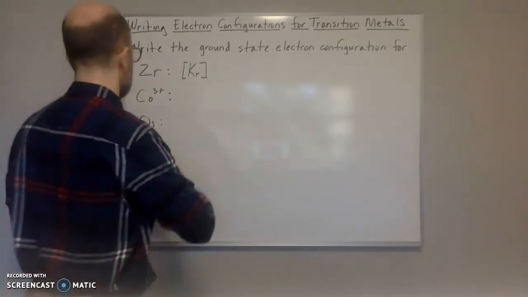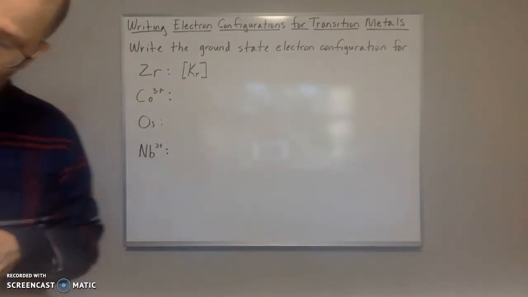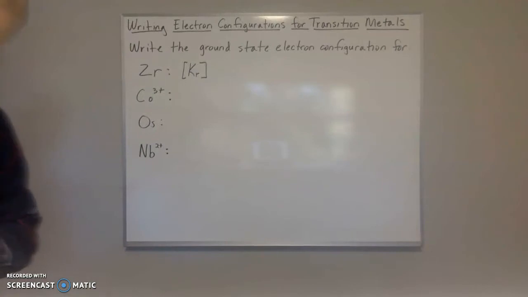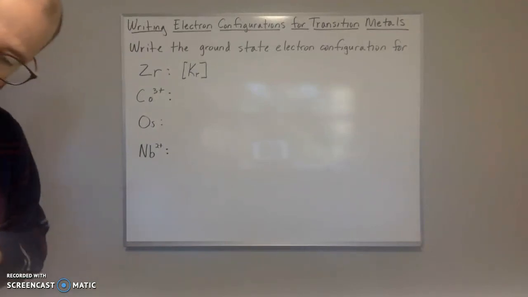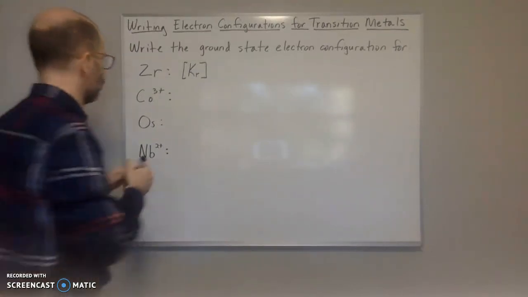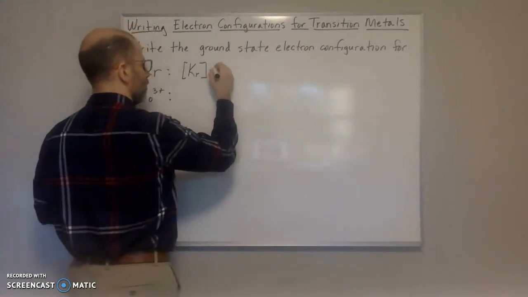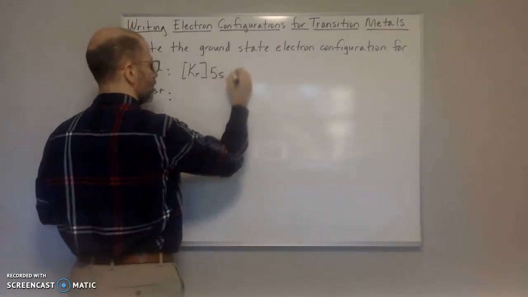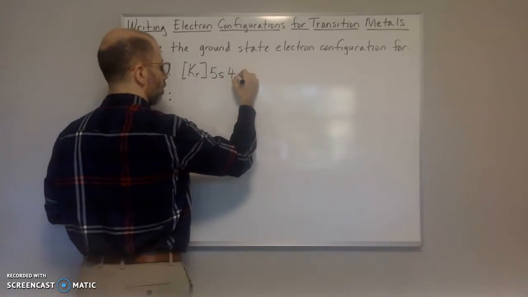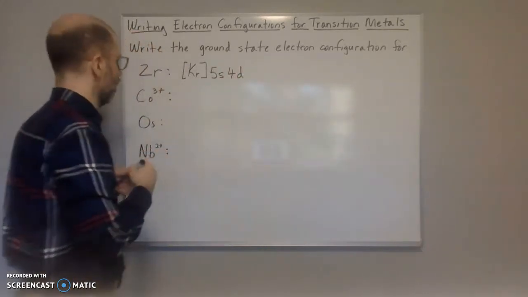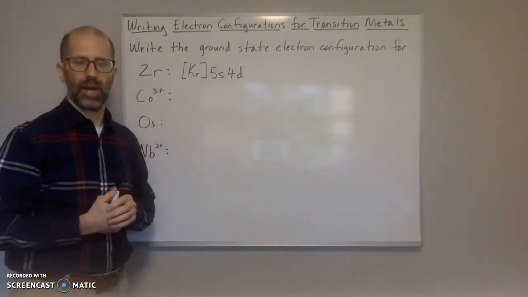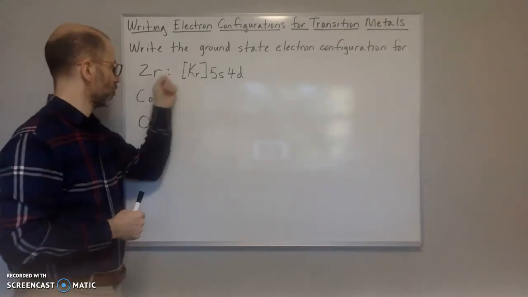It's in period 5, so it's going to be using the 5S and the 4D. Okay, so how many electrons does zirconium have